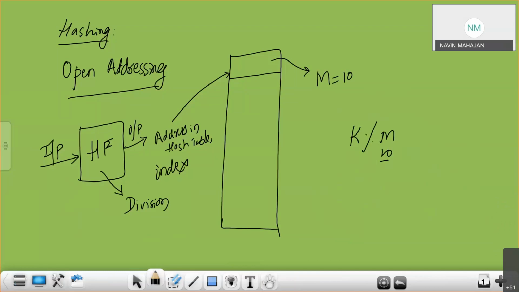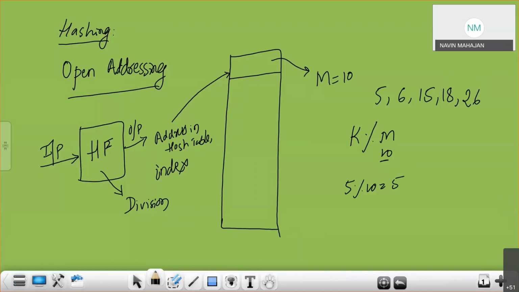Now suppose I want to store some information. Say I want to store 5, 6, 15, 18 and 26. So what is the first number? 5. I'll take 5 mod 10. What is the location here? 5 mod 10 is 5.